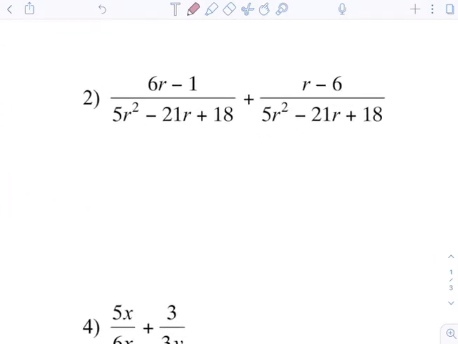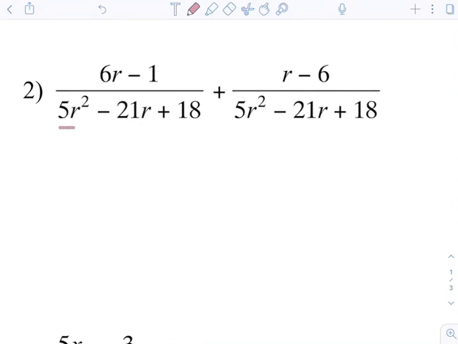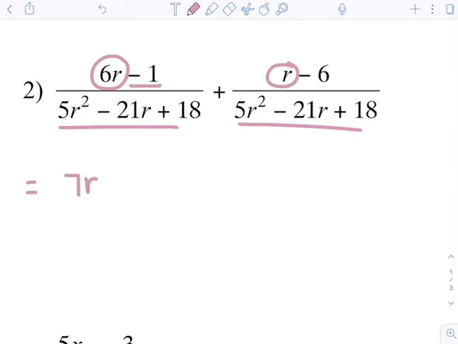Okay, same thing with number 2. The denominators match exactly, which means I could go ahead and combine right away. Again, I'm just going to combine the like terms in the numerator. So 6r and r match. That's going to become 7r. Then I have negative 1 and negative 6. That's negative 7 over